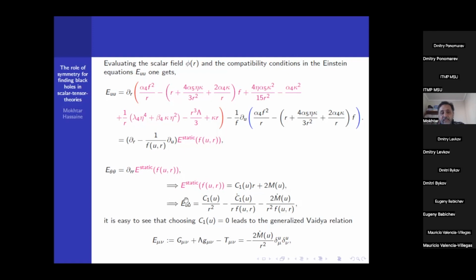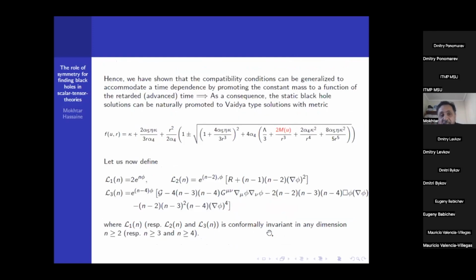When I plug this in the epsilon UU equation, I get that expression. It's very simple because it's just taking this derivative of that. And you see, if I choose this integration function C1 to be 0, I end up with exactly something like the Vaidya relation: the Einstein equation minus the stress tensor is proportional to the time derivative of the mass. So what it's telling me is that the compatibility conditions that I have shown to you can always be accommodated